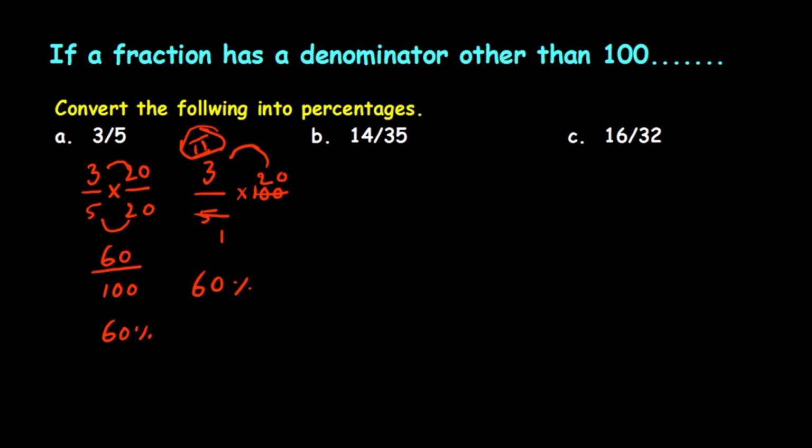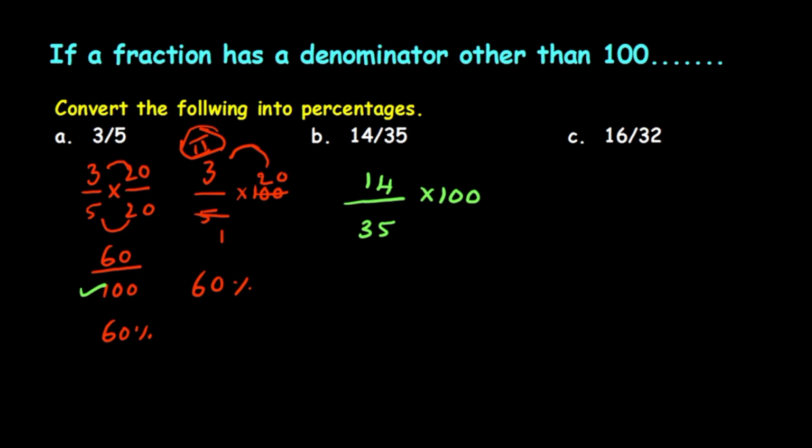Okay, and 14 divided by 35. For this 14 divided by 35, I am going to use the second method. See how to do this. So 14 divided by 35. As per the second method, we should multiply by 100. Don't forget, this model we use when the denominator is not 100. So you can convert into 100. This is the one model.